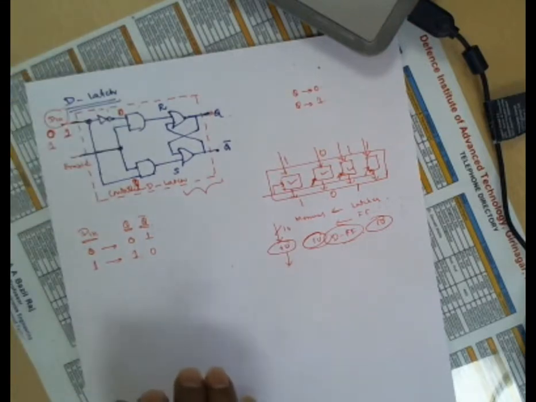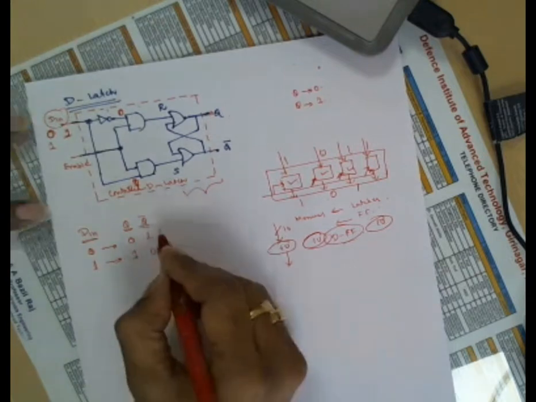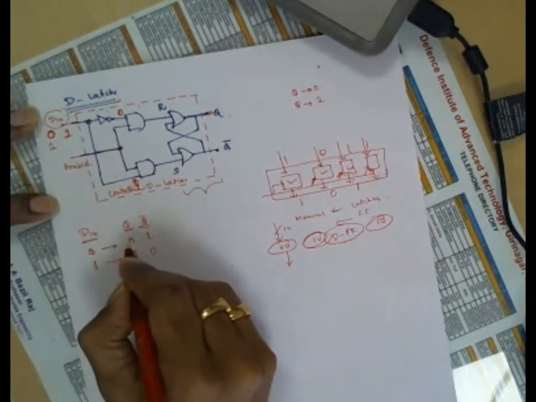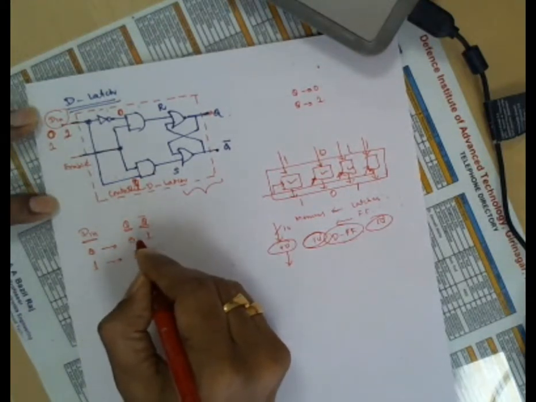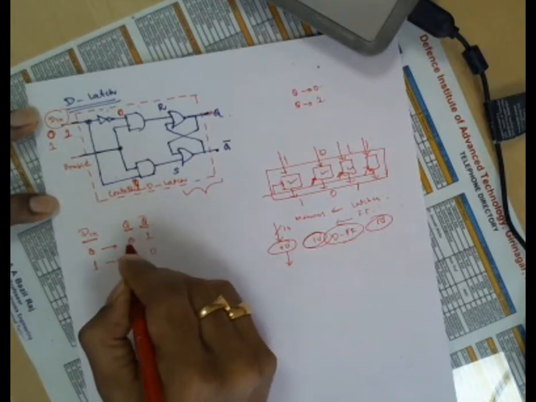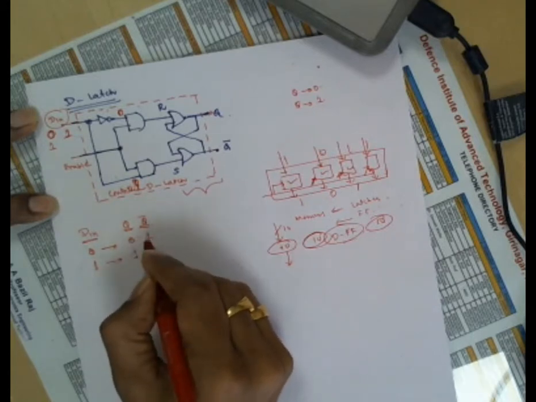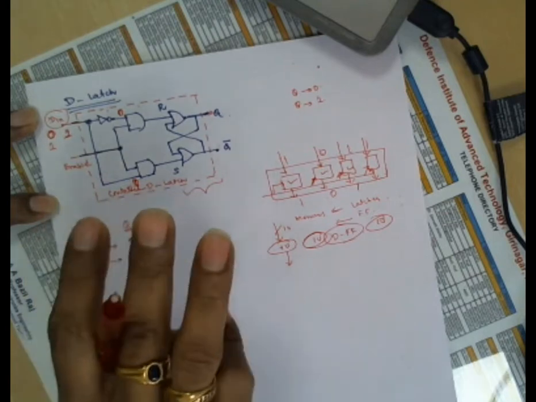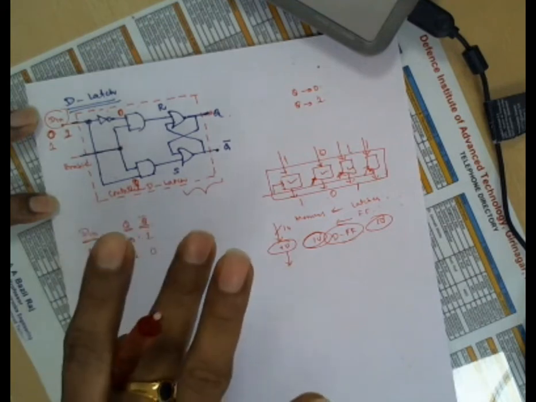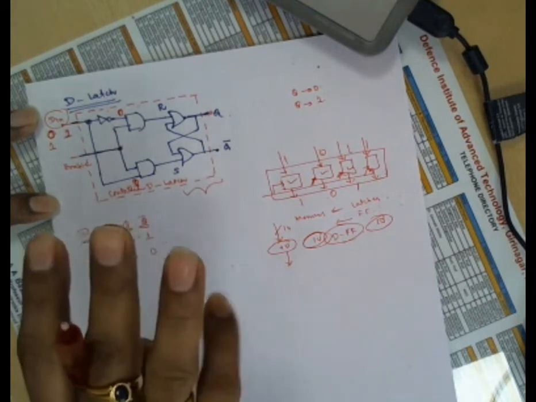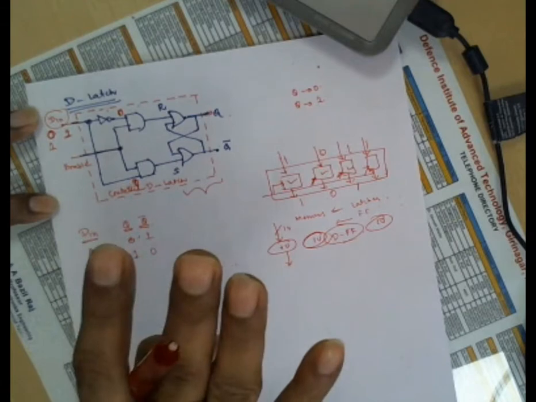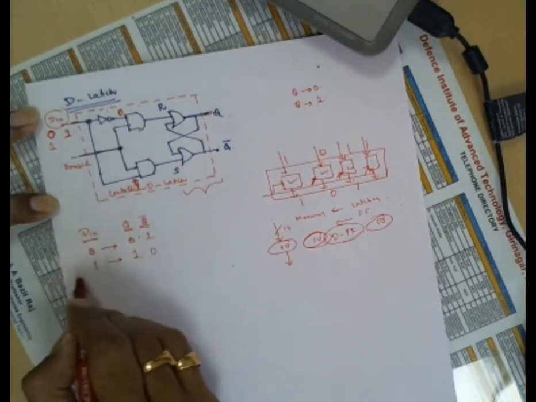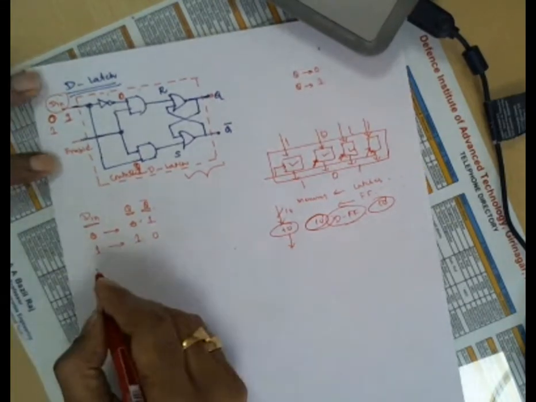Whereas other flip-flops have different combinations. I can maintain 0 here, or I can make this 0 to 1. If it is 0, I can make it 1. If it is 1, I can make it 0, toggling. So these things are possible. The 4 different operations: set, reset, toggle, no change. These 4 are possible by choosing the JK values. Okay, fine. In the same way, there is a T latch.